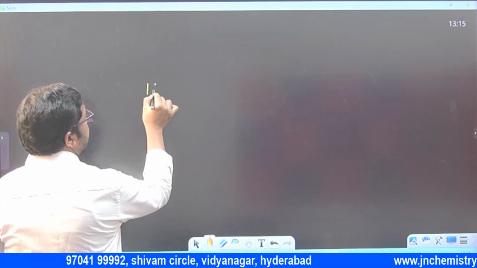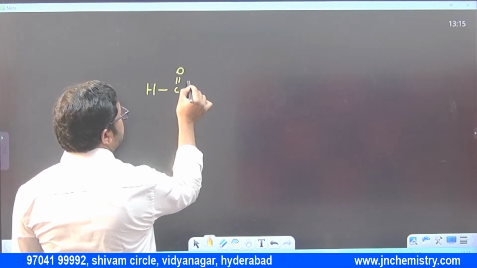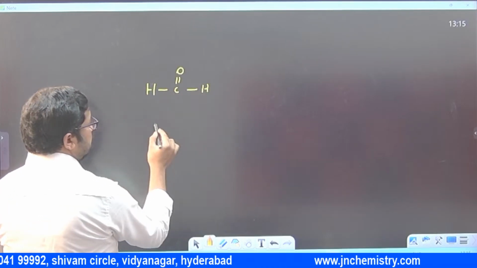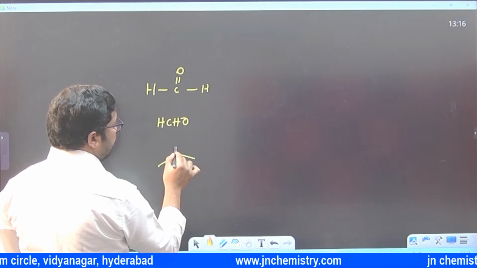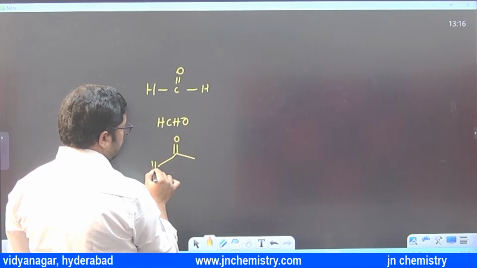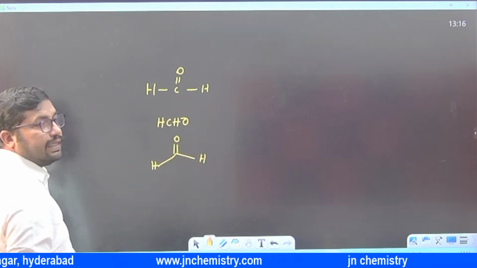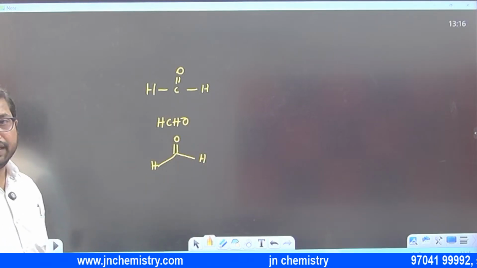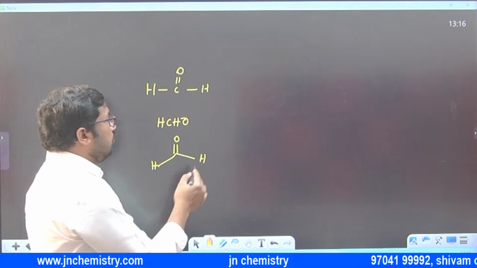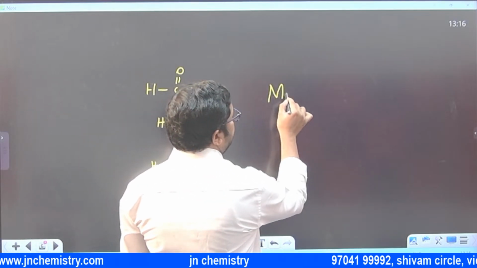So for example, HC double bond OH. This we can write as HCHO. Otherwise we can write like this also. In different books they'll write in a different mode, right? So here is the aldehyde group, this is right. Only one carbon, methane